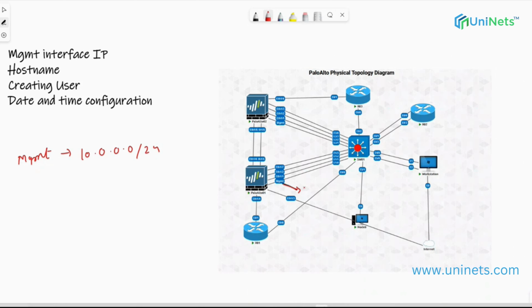For the first firewall, I would assign the first IP, dot one. That means I would assign 10.0.0.1 to this management interface. And for the second one, I'm going to assign dot two. Okay, we have Ethernet 1/1. So Ethernet 1/1 we are going to use as an internal interface. And for this internal one, I'm going to assign IP